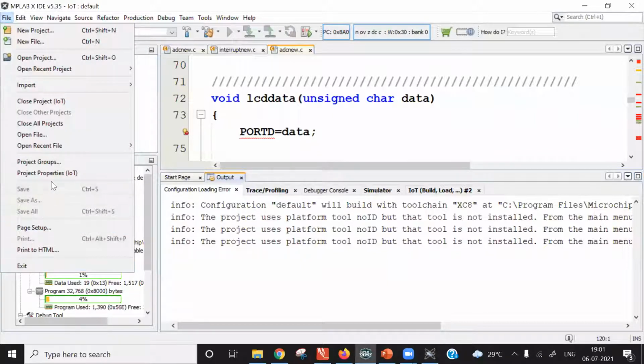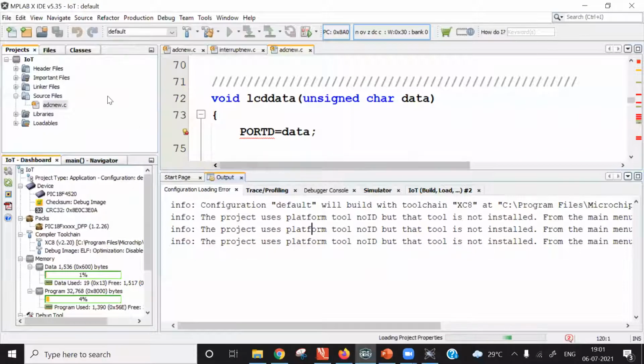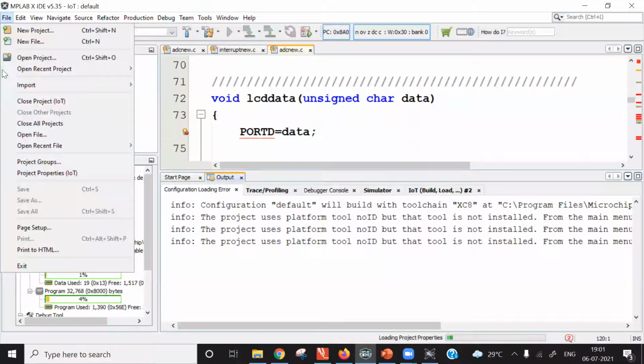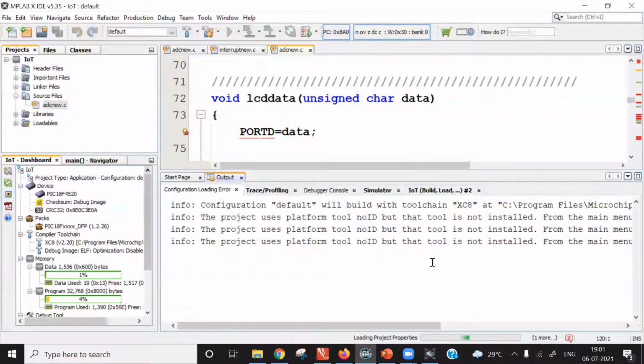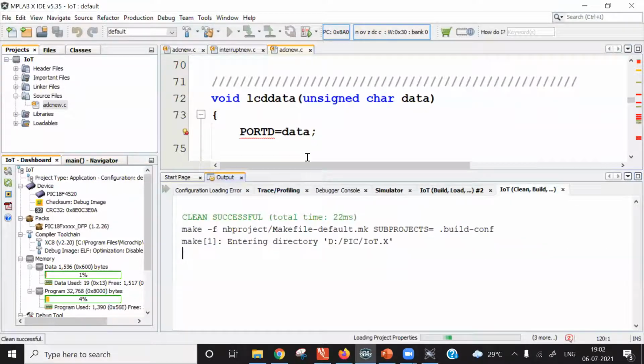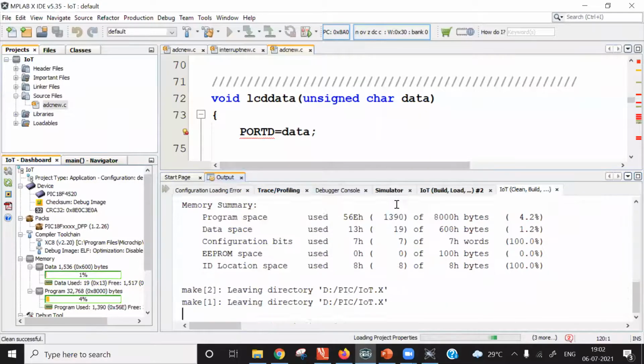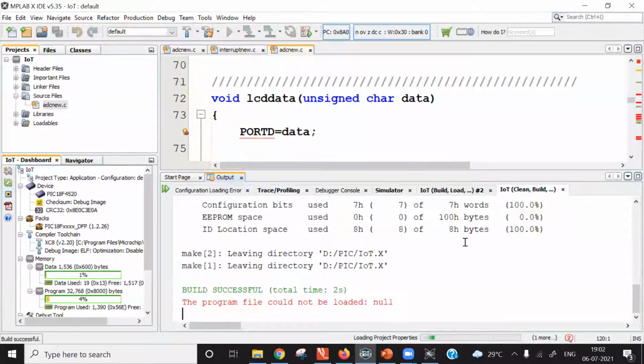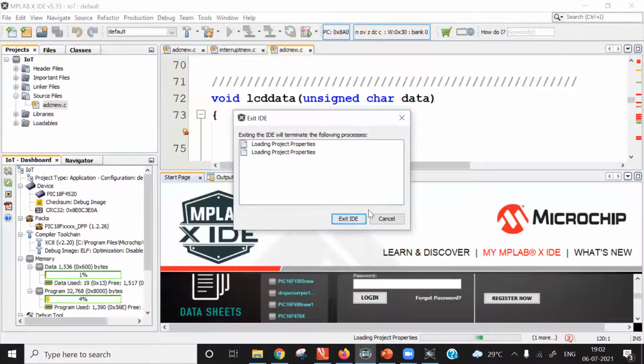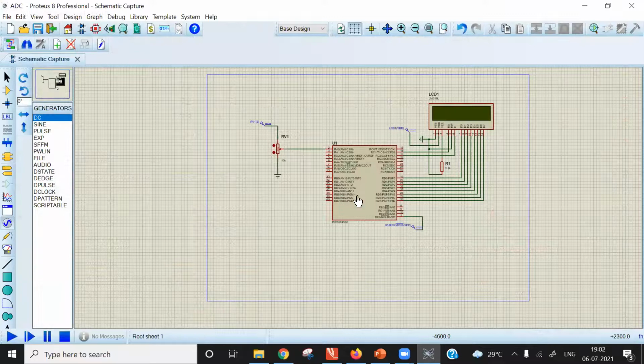For that, just build it again. It is still in simulation mode. What I will do is take the previous hex.